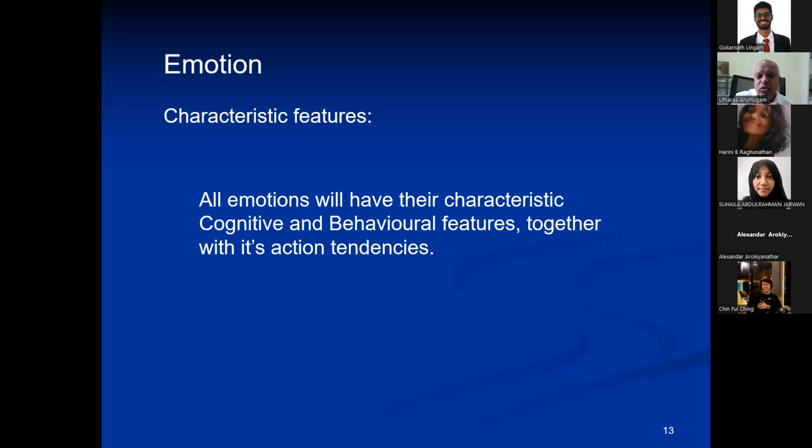Action tendencies, you know what they are now. The urge to avoid or the urge to hate, depending on the emotion. We'll come back to this. So when we talk about cognition and emotion in our modern day understanding, it is cognitive, behavioral, combined with the feeling. We can't separate it as we experience it. To learn and to teach, we can separate it, but really, we experience it as one.